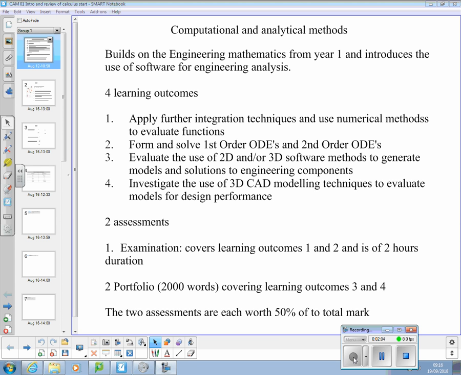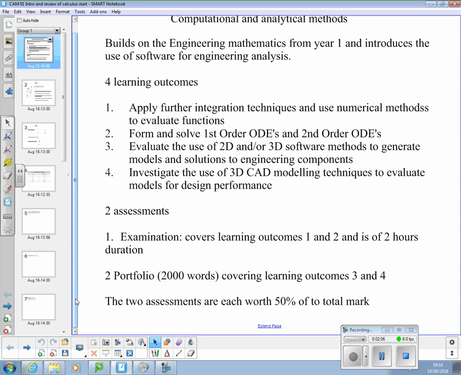2 assessments. Number 1, the examination. That covers learning outcomes 1 and 2. There's a 2 hours duration. There's a little bit of outcome 1 that's outside that, where we're using what's called numerical methods of integration and finding roots by estimation techniques. They're lengthy topics to have in the exam, so I put them in the assignment. But largely, it's learning outcomes 1 and 2 of the exam, and then your portfolio, which is effectively